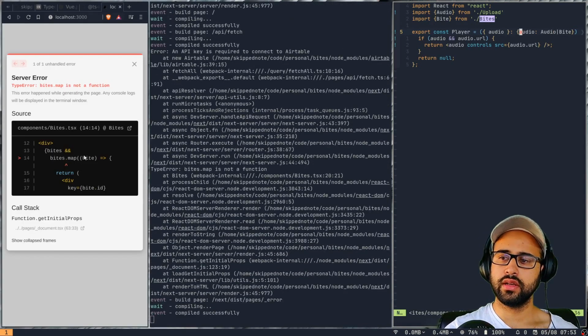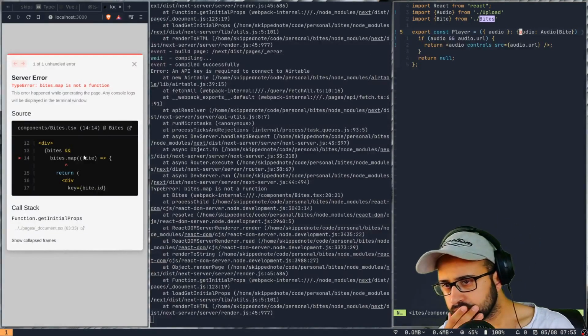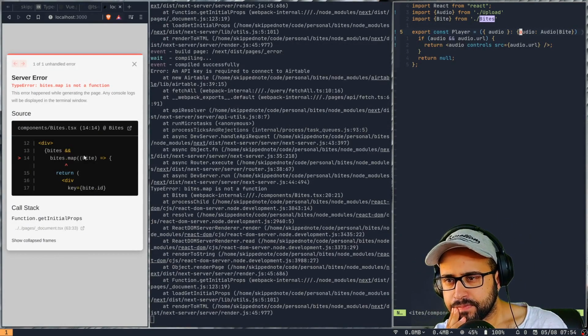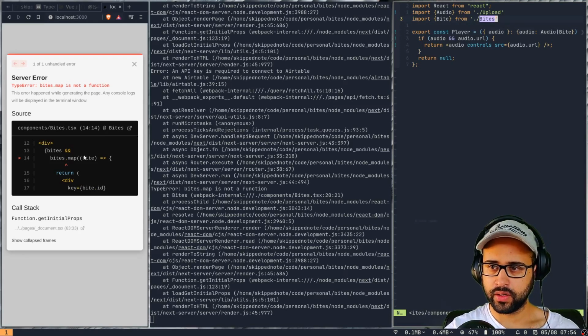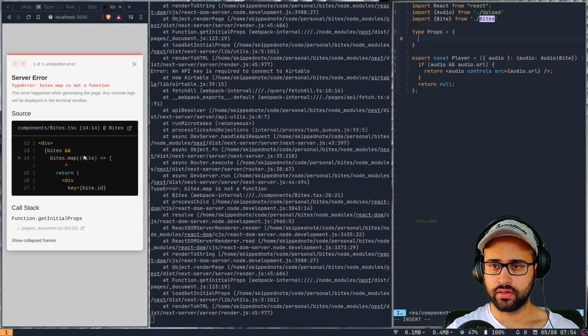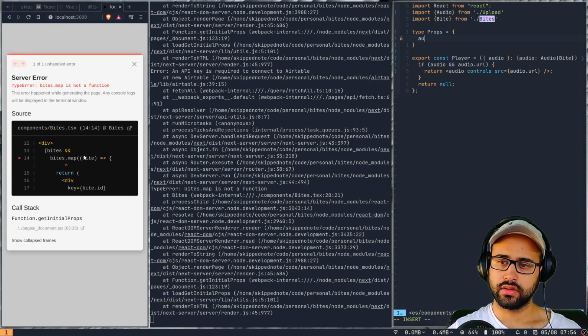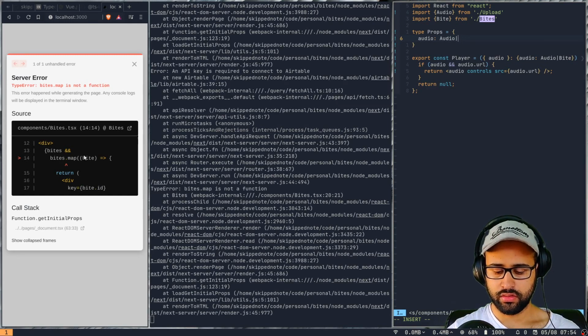Okay, yeah, actually this is the problem. All right, how about we do it here? So type props has an audio property, and then it can be audio or byte.